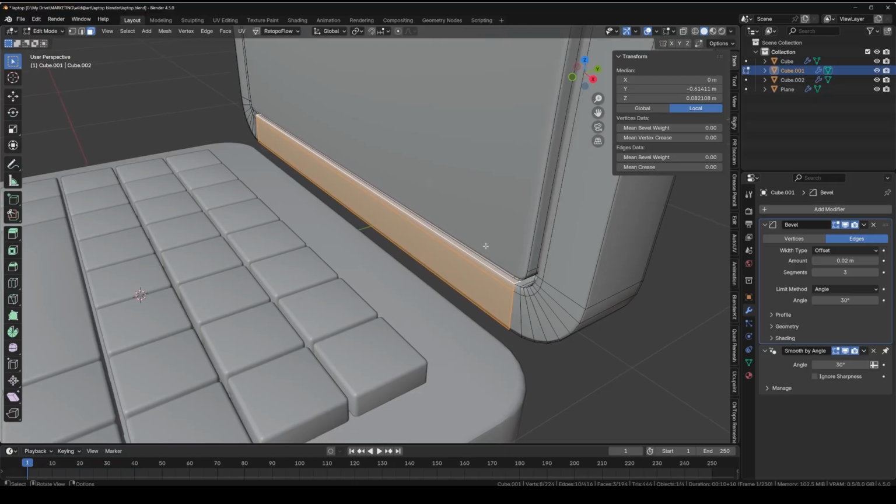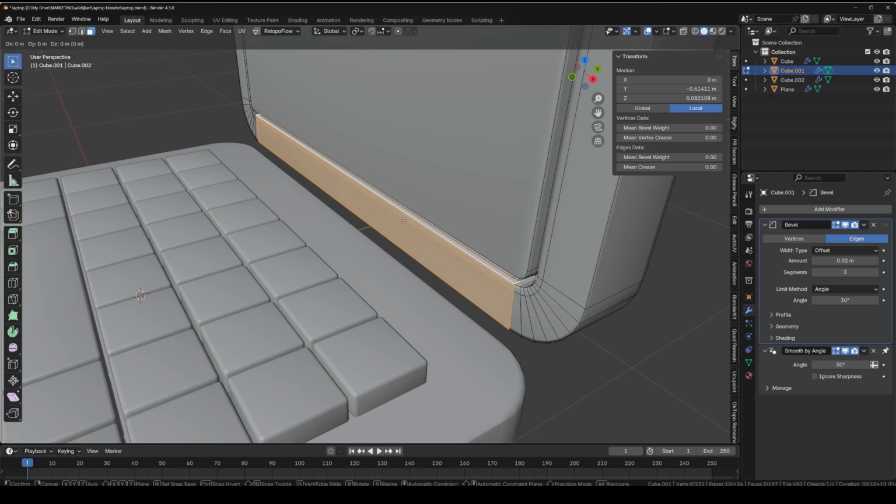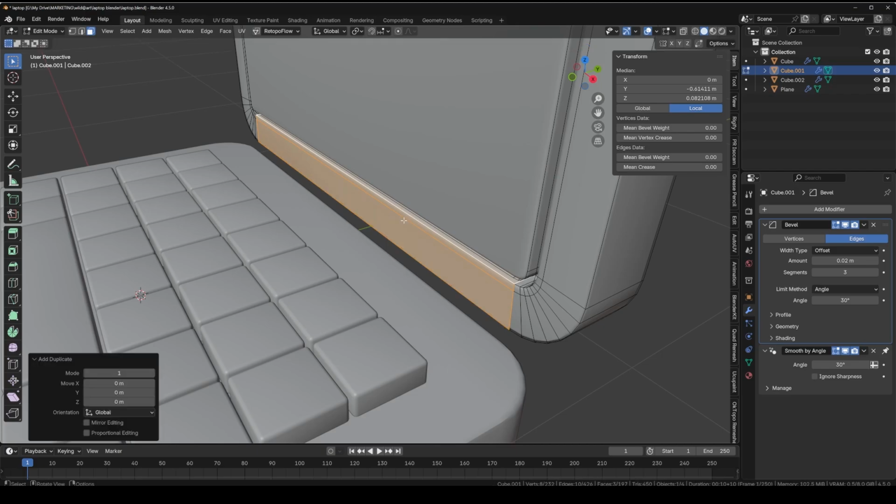Now I want to duplicate and repurpose this geometry. That's something you do a lot when you model: instead of creating something from scratch, you can just take existing geometry and repurpose it. And that is one of the best tricks to use. So Shift D to duplicate this. Bear with me, Shift D, right click on your mouse, and then P,